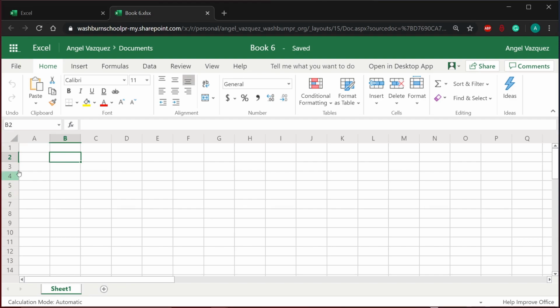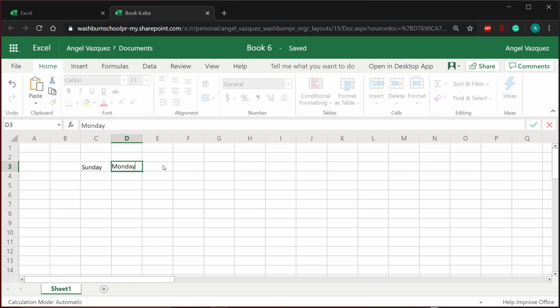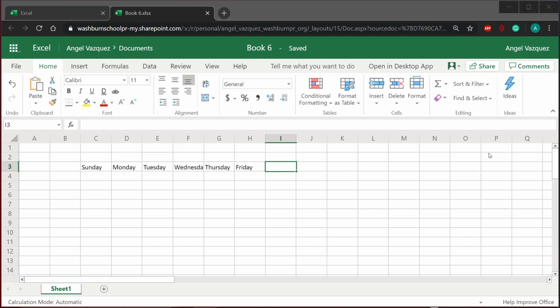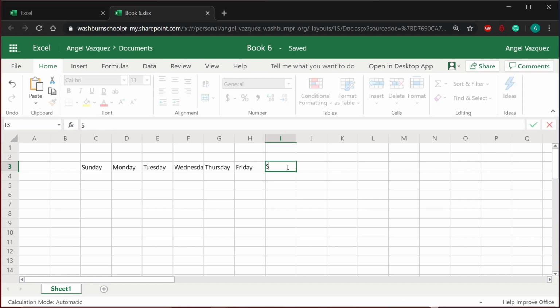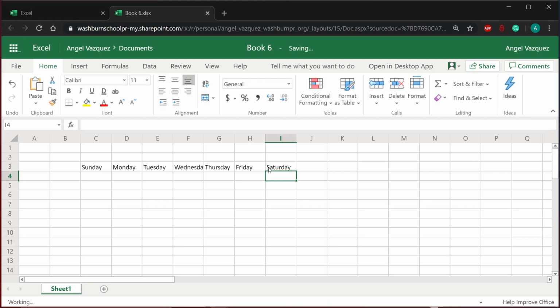the columns for the days of the week. And we'll start by writing down Sunday, Monday, Tuesday, and so on all the way to Friday. And Saturday, of course. Almost forgot about that one. There we go. Okay, now that we have our 7 days of the week, and each of them represent one